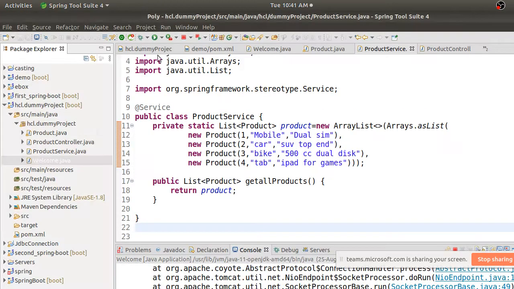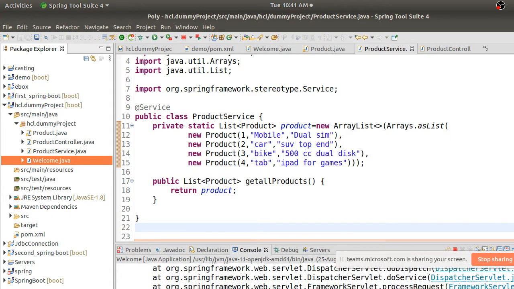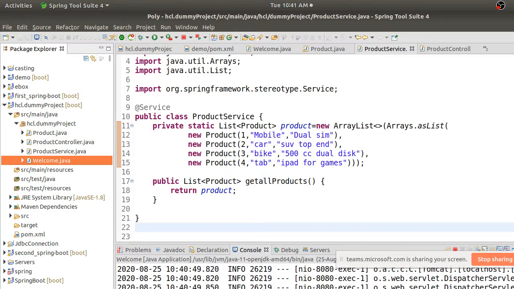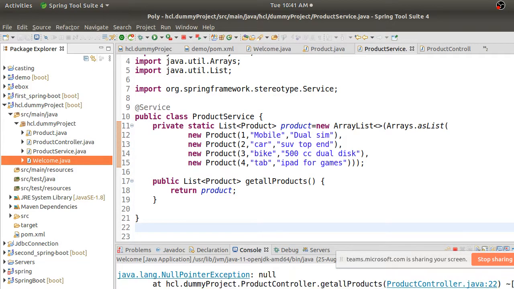Okay, I'm getting an error. It is saying null pointer exception.